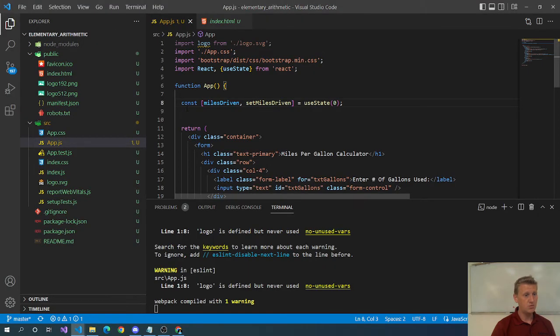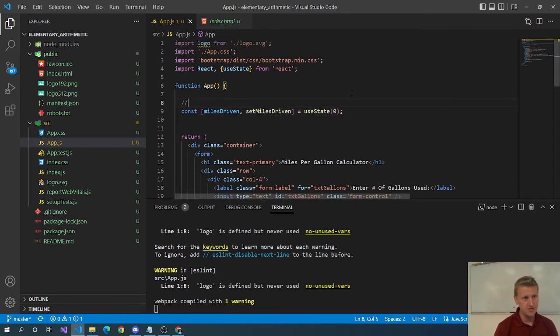And so now that we have this variable, well, in order to calculate miles per gallon, you need a gallons variable, you need a miles driven variable, and you need a miles per gallon variable. Like these are the three pieces of information that you need. You get the gallons used and the miles driven from the user, and then you're going to calculate miles per gallon. So let's go ahead and do the other one, the gallons